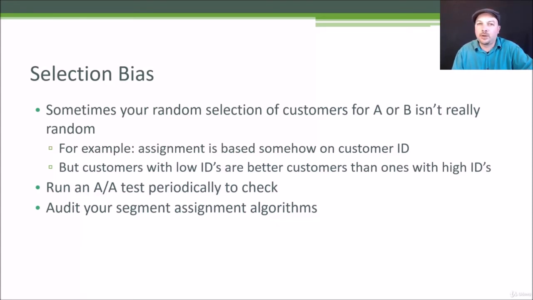For example, let's say that you're hashing your customer IDs to place them into one bucket or the other. Maybe there's some subtle bias between how that hash function affects people with lower customer IDs versus higher customer IDs, and that might have the effect of putting all of your long-time, more loyal customers into the control group and your newer customers who don't know you that well into your treatment group. And what you end up measuring is just a difference in behavior between old customers and new customers as a result. So it's very important to audit your systems to make sure there is no selection bias in the actual assignment of people to the control or treatment group.